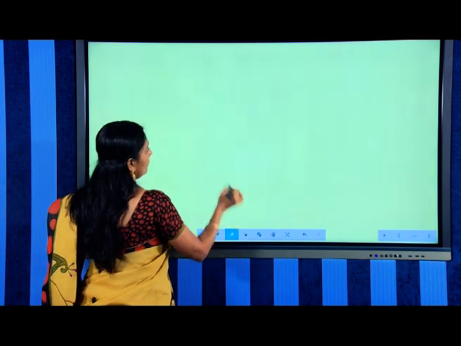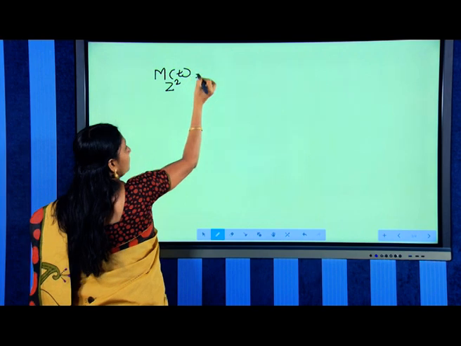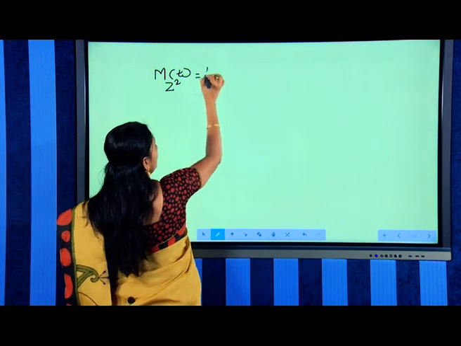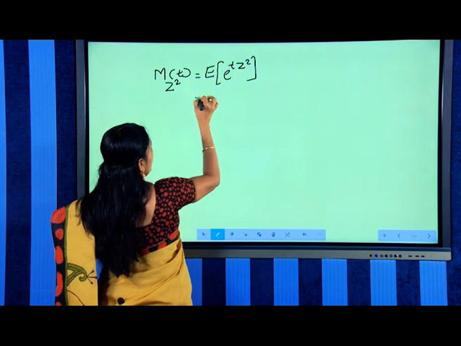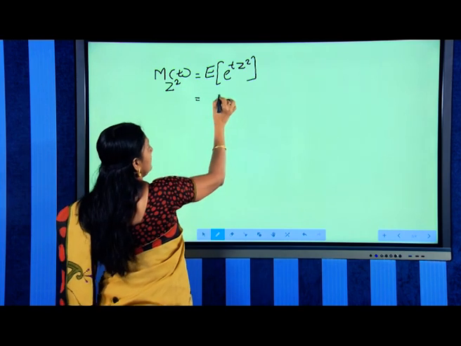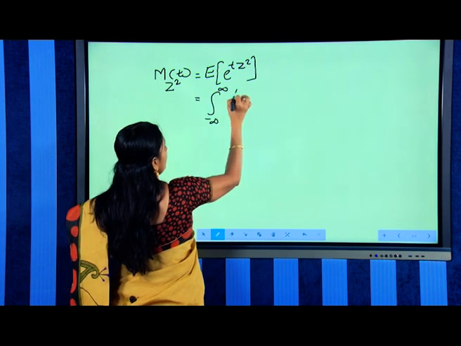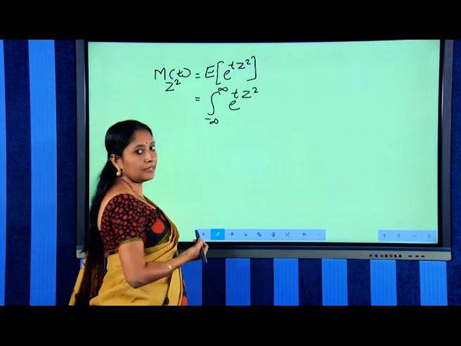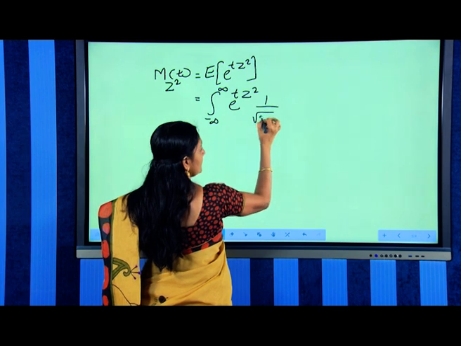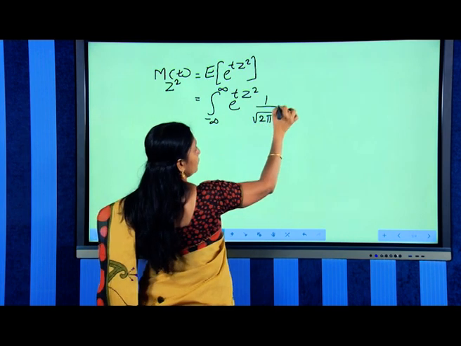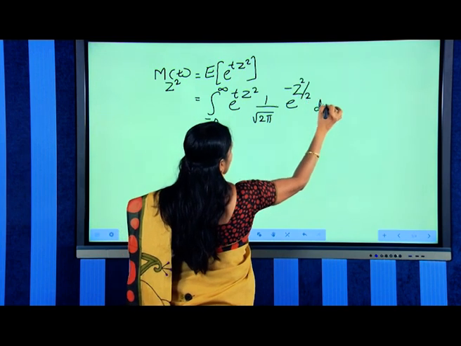So, we consider M_{Z^2}(t) is equal to the expectation of e raised to tZ^2, that is equal to the integral from minus infinity to infinity of e raised to tZ^2 into the density function of the normal distribution, and that also the standard normal distribution. So, 1 by root 2 pi e raised to minus z square by 2 dz,